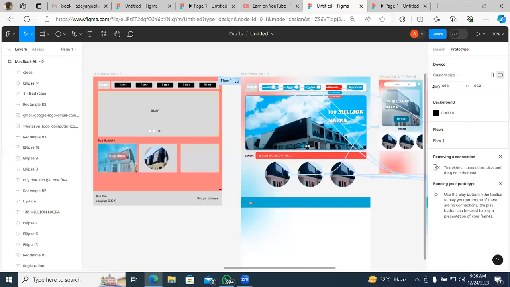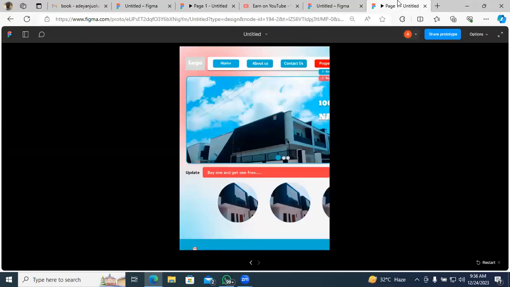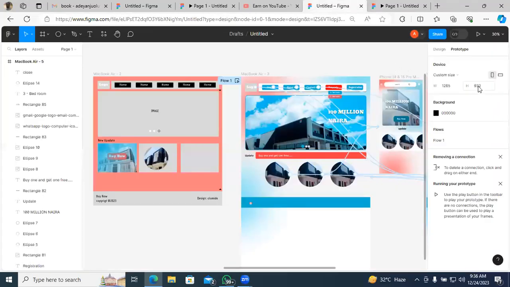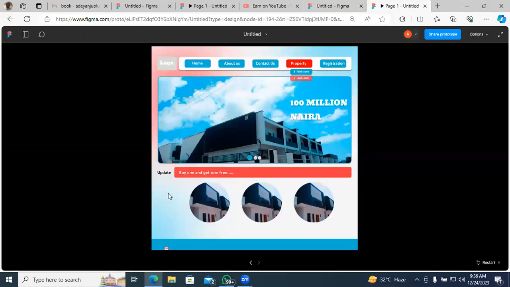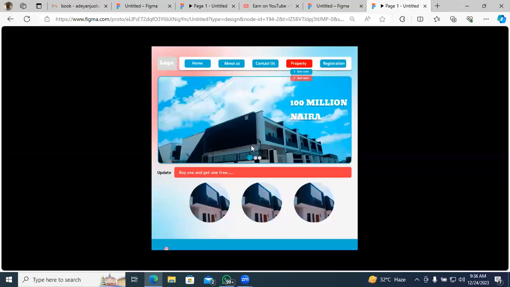So it was designed on what's it called? 1265. Let me see. I'm trying to adjust it. The height should be like 2,000.